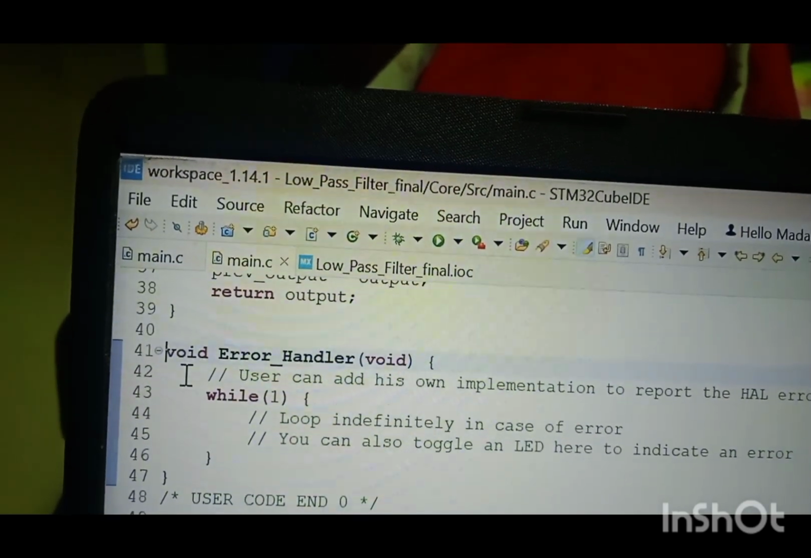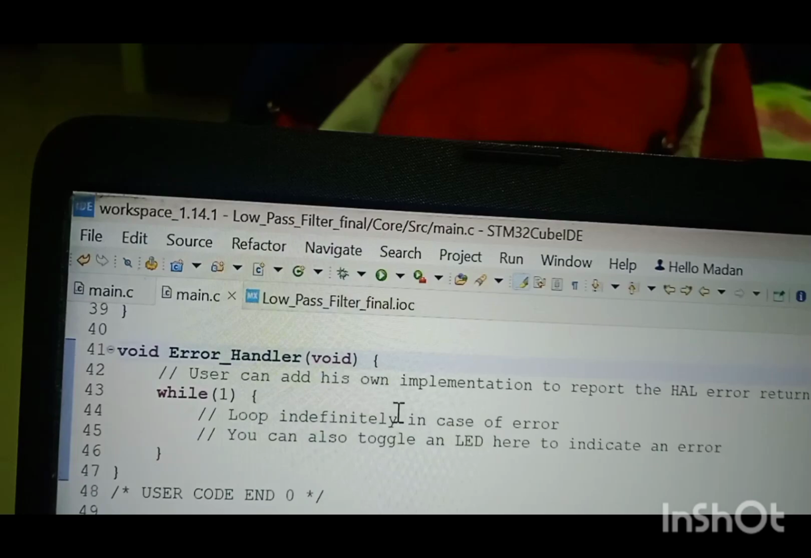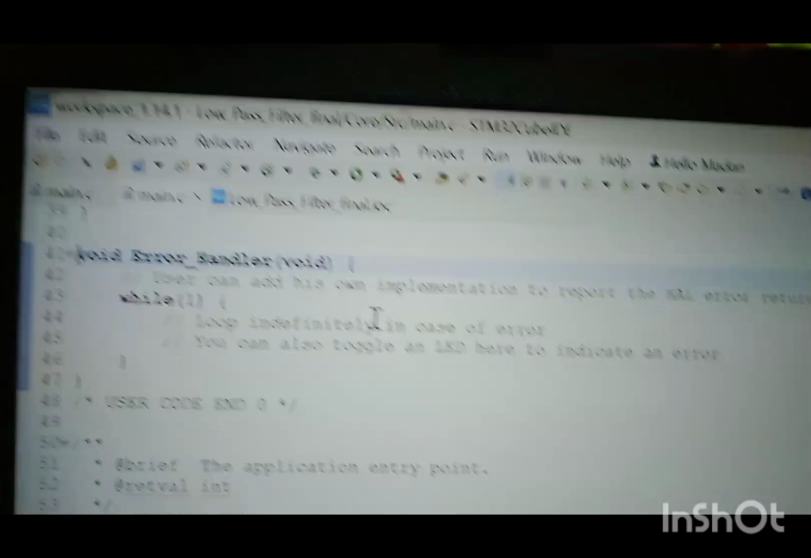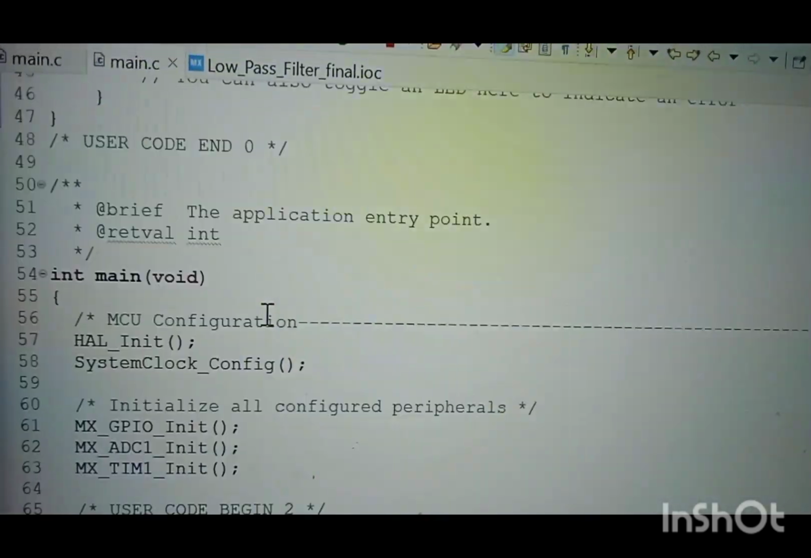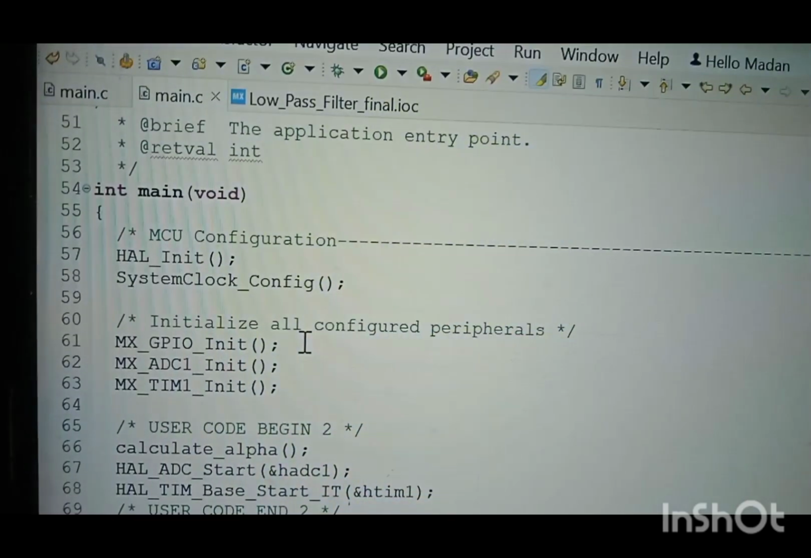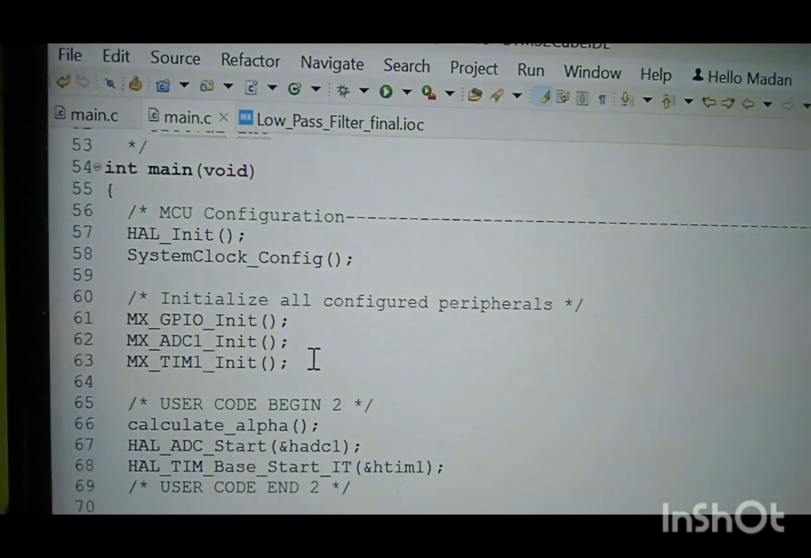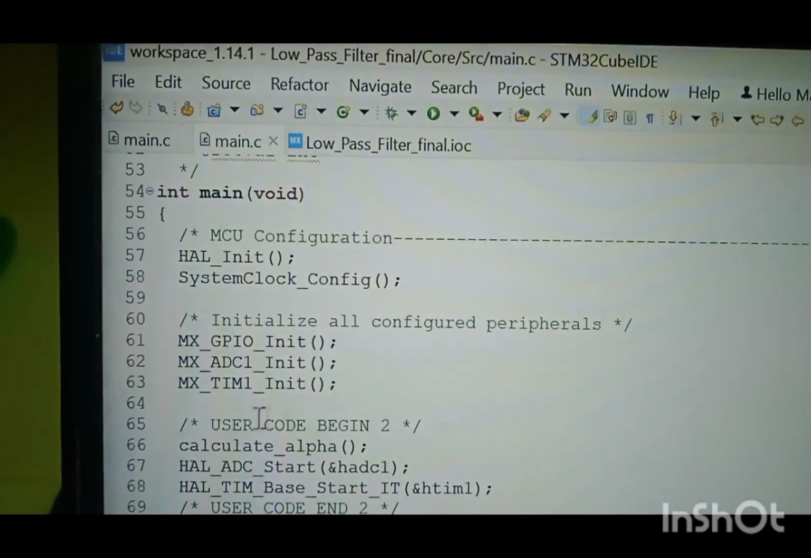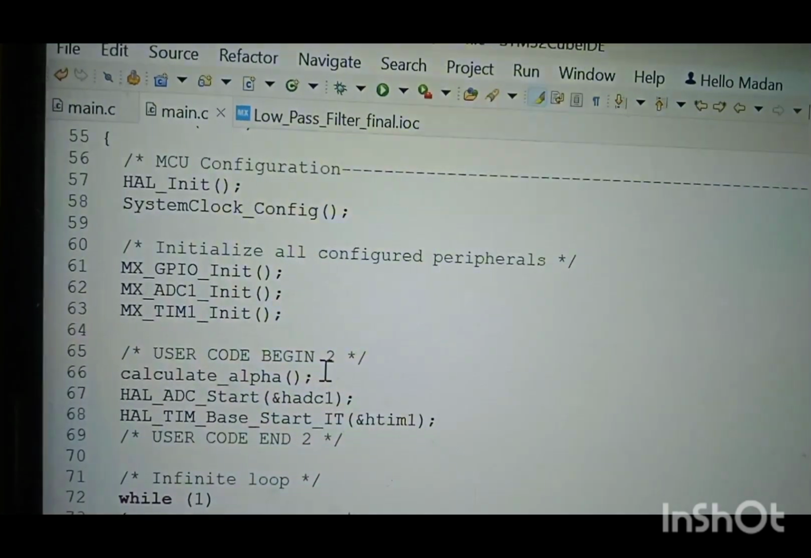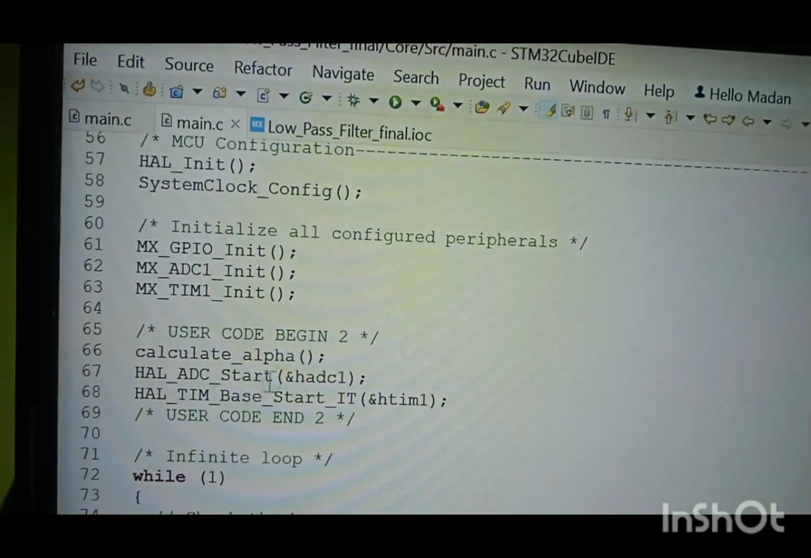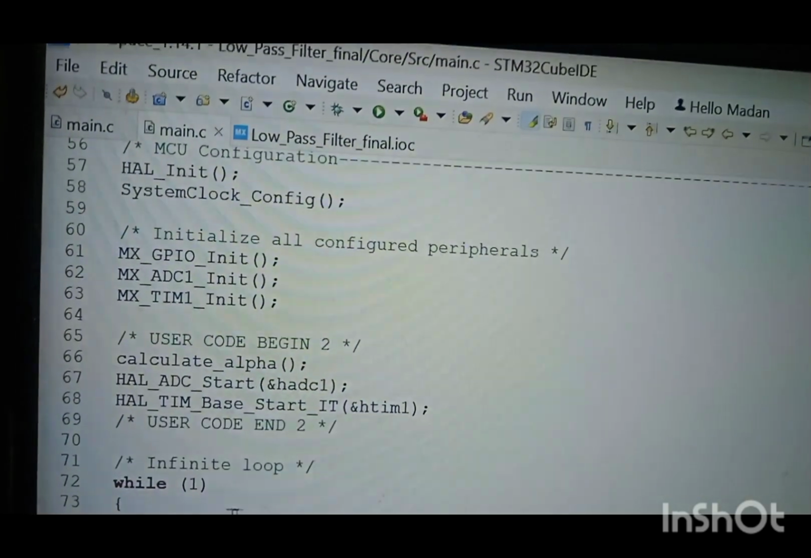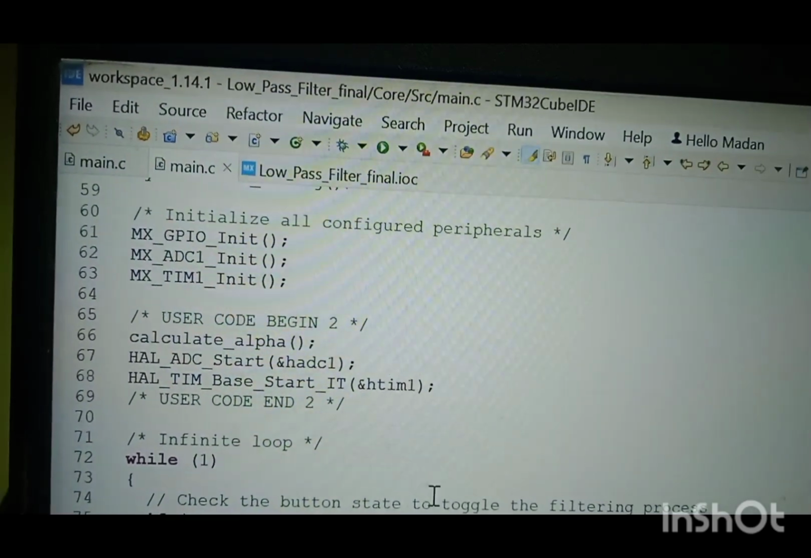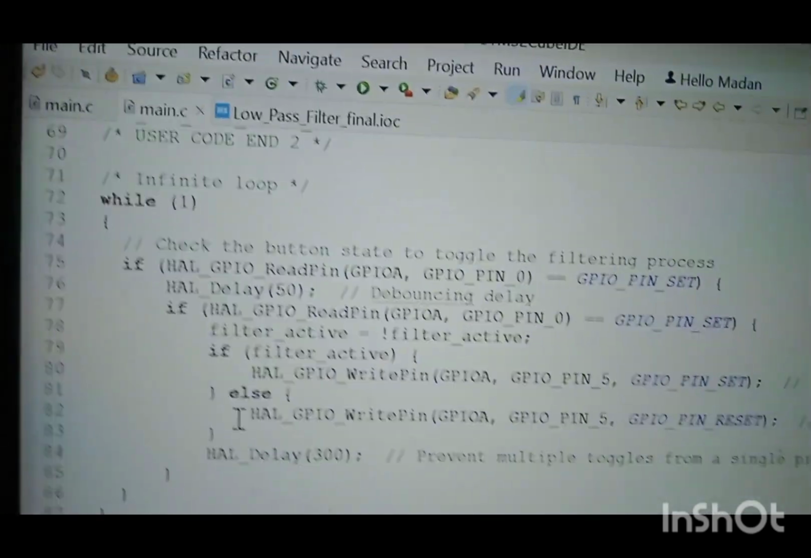Now this error handler is basically used to handle errors in any part of the GPIO pins, like the LED or push button. The main part of our code is in this while loop. Before this, I am initializing the GPIO pin, ADC pin and timer pin, and here calculating the value of alpha. After calculating the value of alpha, I am going to store the value of ADC, which is coming from the function generator, and the timer value. Now in the while loop you can see